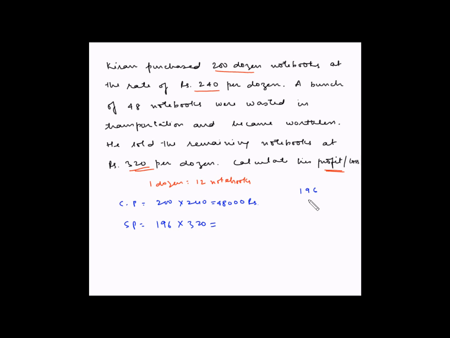So 196 multiplied by 32. 6 2s are 12, 1 carry over, 9 2s are 18, plus 1 is 19, 1 carry over, 2 1s are 2, plus 1 is 3. 6 3s are 18, 1 carry over, 9 3s are 27, plus 1 is 28, 2 carry over, 3 1s are 3, plus 2 is 5. So 2, 9 plus 8 is 17, 8, 9, 10, 11, 12, and 5 plus 1 is 6. Then we put the 0 that we had excluded to simplify our calculation. So the selling price is